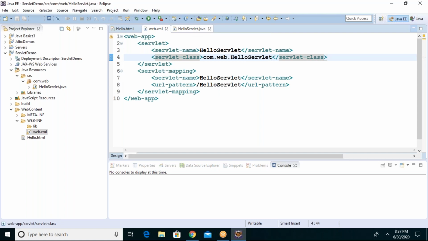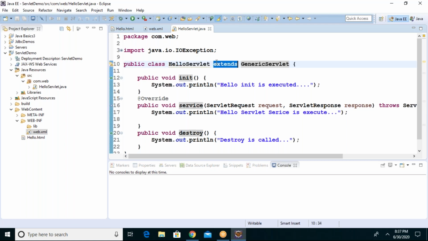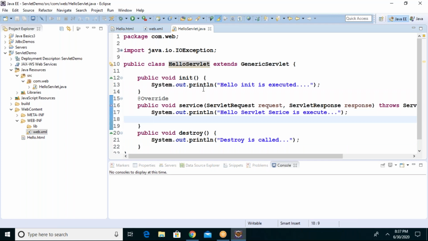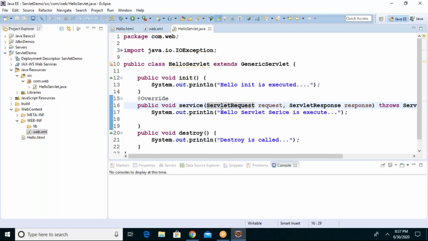In order to create a servlet, we created a simple class by extending the GenericServlet class so that your class will become a servlet. In that, there are lifecycle methods. Guys, do remember they are called lifecycle methods. Servlet lifecycle methods are the init method, service method, and destroy method. Init method is called once in the beginning of the deployment. Destroy is called at the end, when the servlet is destroyed from the server. Service is called frequently, whenever a client makes a request to the web application. So this is the history we did in the last session.